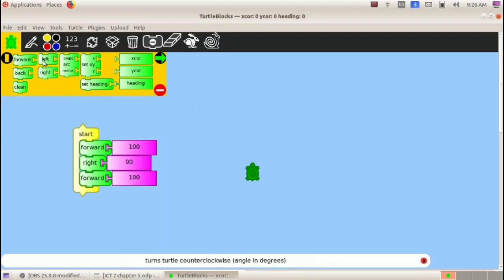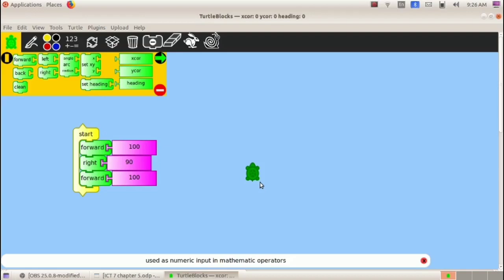We have to select the required instruction and we have to click and drag it, and we have to place it here under this start. After placing all the instructions, click on the start button. Then we can see the turtle moving according to the instructions that we have given, and we can see a red line where the turtle moves. So that's about our first activity, that is let's move the tortoise. Next, our second activity is let's draw a square.